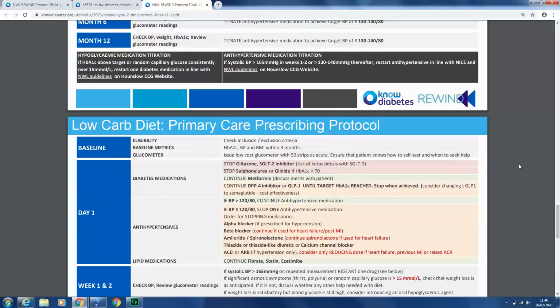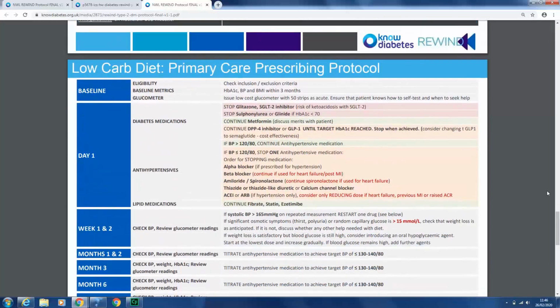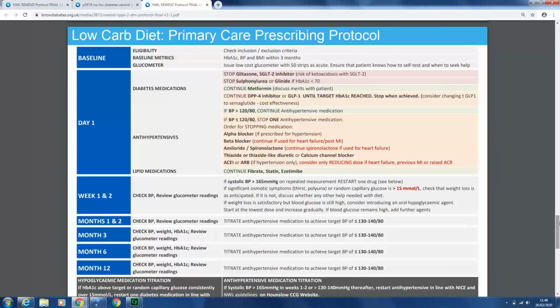The protocol for the low carb diet is slightly different. It's a slightly more gentle program, but again, on day 1, patients should stop glitazones, and specifically stop SGLT2s, because there's a risk of ketoacidosis if patients continue on their SGLT2. They should also stop a sulfonylurea or a glinide if the HbA1c is less than 70 because of the risk of hypoglycemia. They should continue on metformin. They should continue a DPP-4 or a GLP-1 until the target HbA1c is reached, and stop when that is achieved,